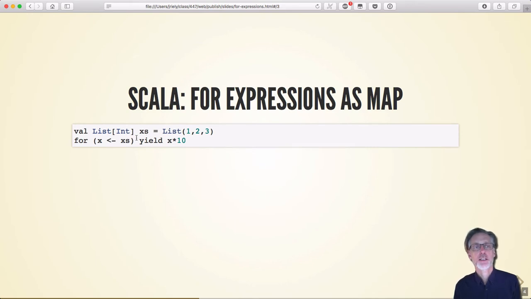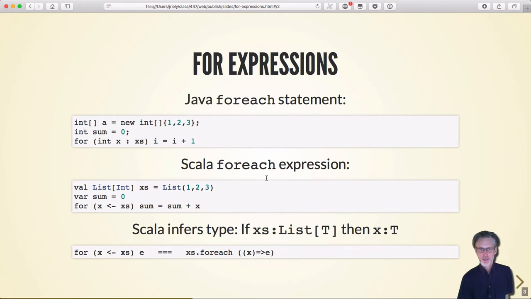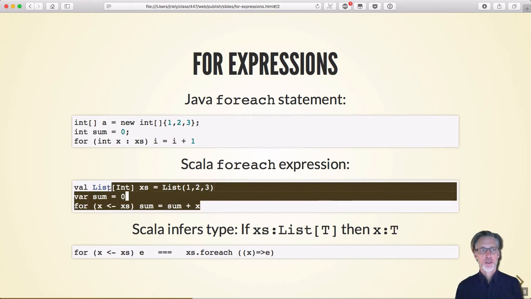And so you can see that here. This is another example of the use of the for loop. And here I'm using the keyword yield. What yield is going to do is turn this into a map. So when this is implemented, the for loop with a yield in it becomes exactly a map expression. And just to contrast that with the foreach loop, you can see with foreach, right, I'm not actually building a new list as the result. So if you actually just execute this thing,